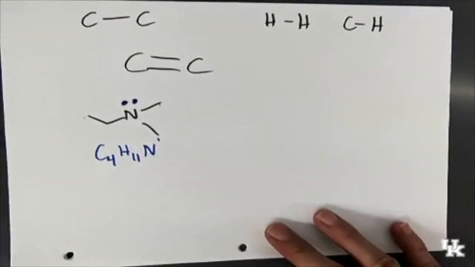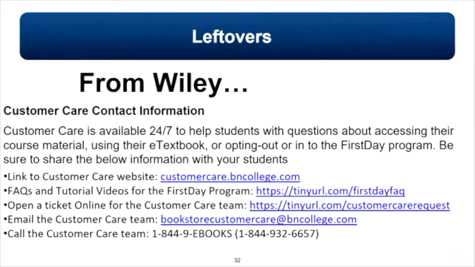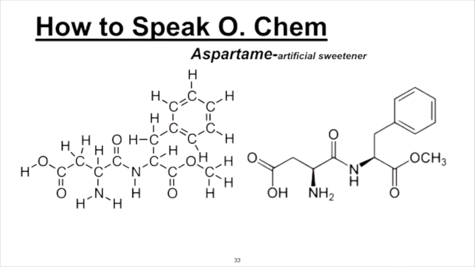Now, this might look just as dumb as the partially condensed structures to you, and that's okay. Because it's only when you really see how bad structures can get as they get bigger that you really truly appreciate why bond line drawings are important. Okay? And if you saw just how complex a partially condensed structure, like on the left, can get with a fairly simple molecule, aspartame, the bond line structure is on the right in this case,